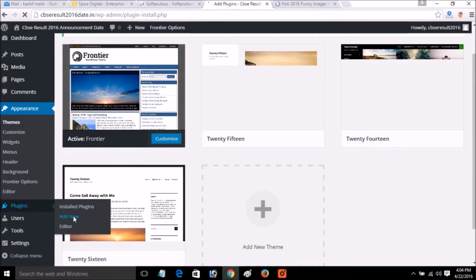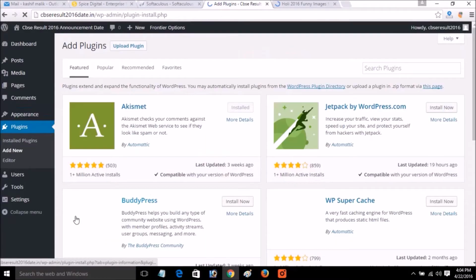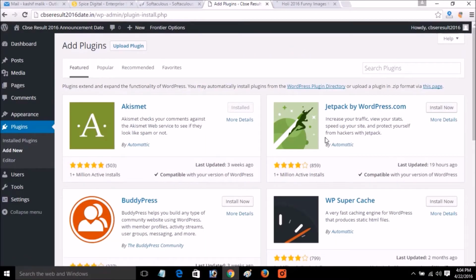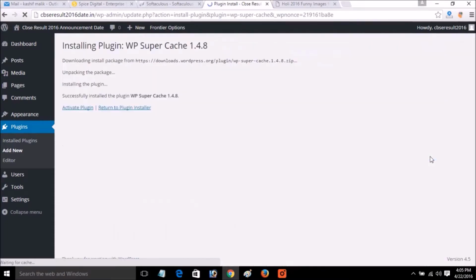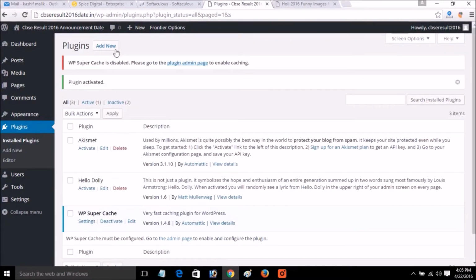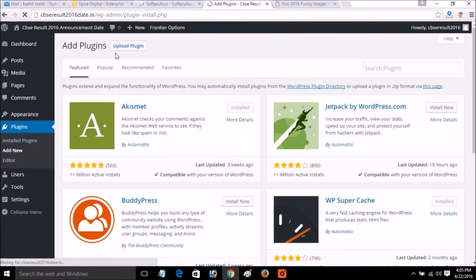And then the next step will be to click on plugins and then the add new button. Here we will understand the functionality of every plugin, why we are installing it, and what benefit we will get from that plugin. Do not install a number of plugins. It will increase the loading time of your website, which can affect your SEO badly. So the first plugin is WP Cache, which will remove the cache of the website, and the next will be